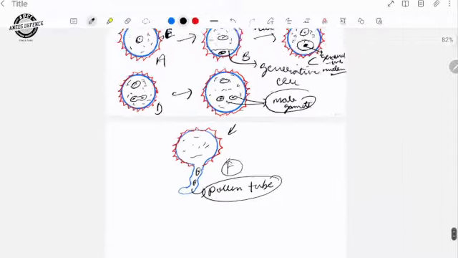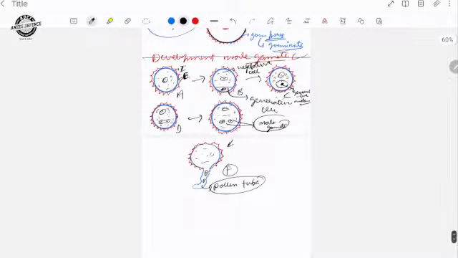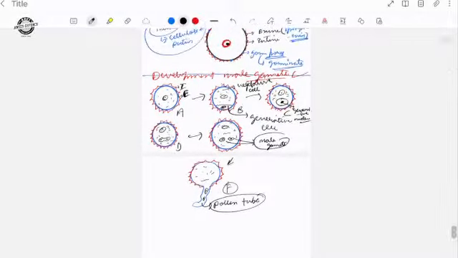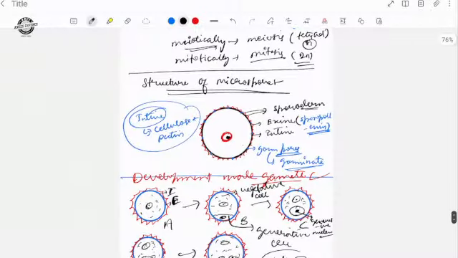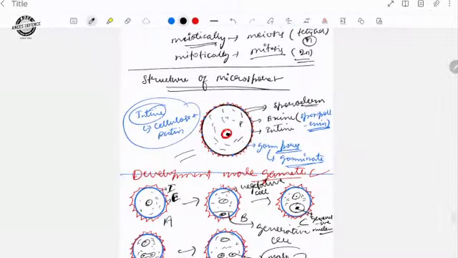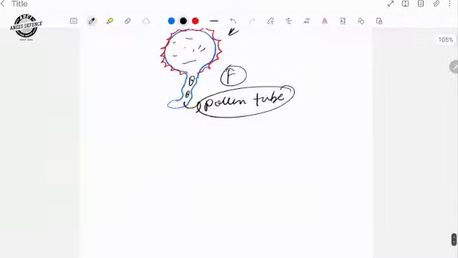These are the formation and development of male gametes. You should already have well understood, I hope. This is the structure of pollen grains. This is the cytoplasm you are going to observe here. The structure of the microspore is termed a pollen grain. Development of microspore, how is it going to happen? Male gametophyte, two male gametes are going to be formed inside one pollen grain. Understood?